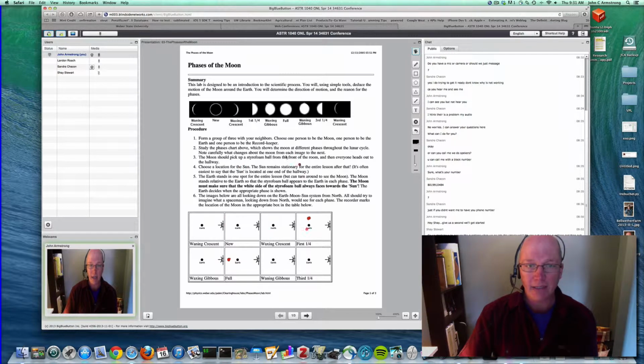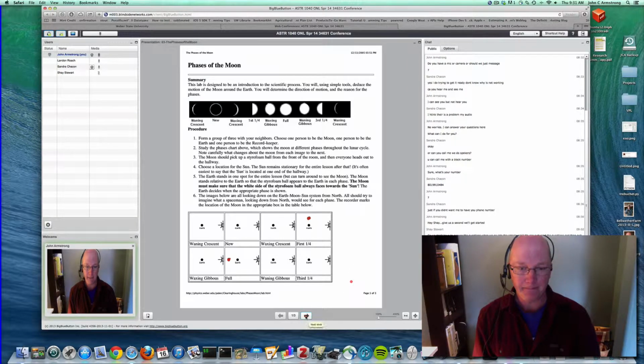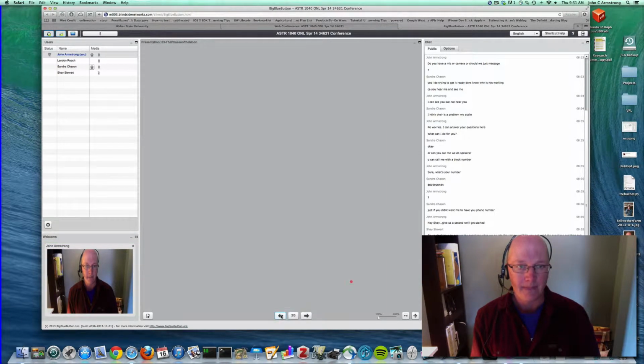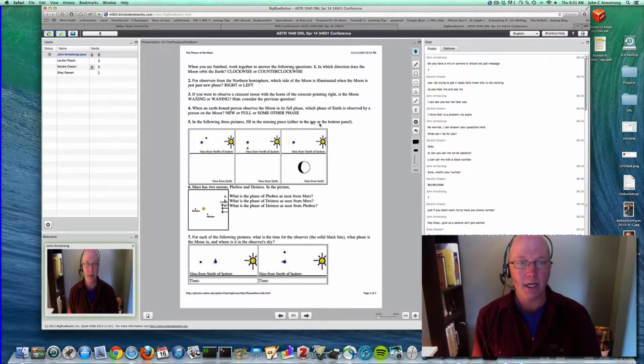And when you do that, because you know that this is the order of the phases, you'll be able to see exactly how the moon goes around the Earth. So that's the first part of this activity. The second part is using what you've just learned to figure out some things, answer some of these questions about these observations